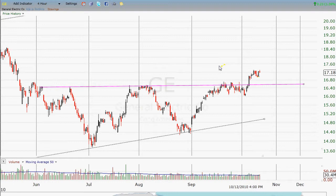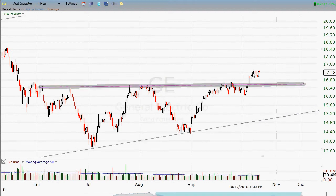Now, that means two things. It means, A, it's possible that prices could fall back down and come back into the pattern to do a little bit more work. But the way the markets are going right now, I'm not really seeing that. GE looks pretty strong. I am looking for GE to hit mid-19s. And I've got a position in it that I took,